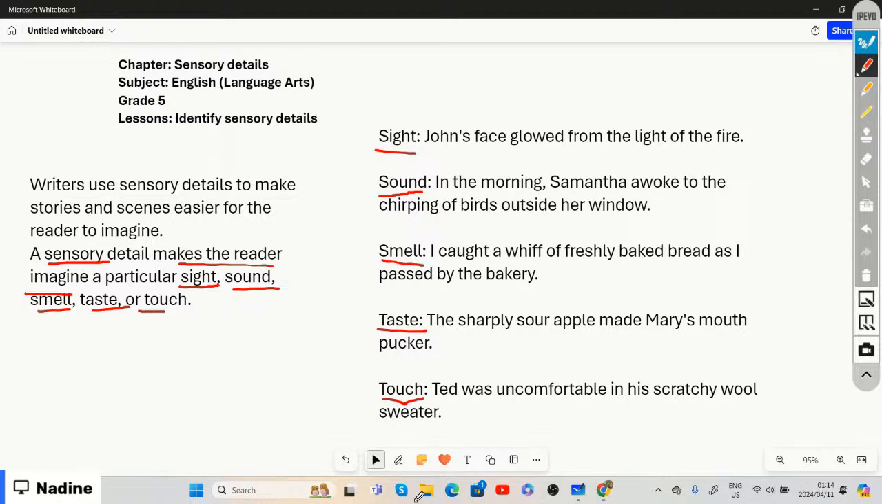Right? And if we once again go over our five senses, so we have our five senses, and our five senses are sight, sound, smell, taste, and touch, right? That is our five senses. And we see that sensory details make the reader imagine a particular sight, sound, smell, taste, or even touch,